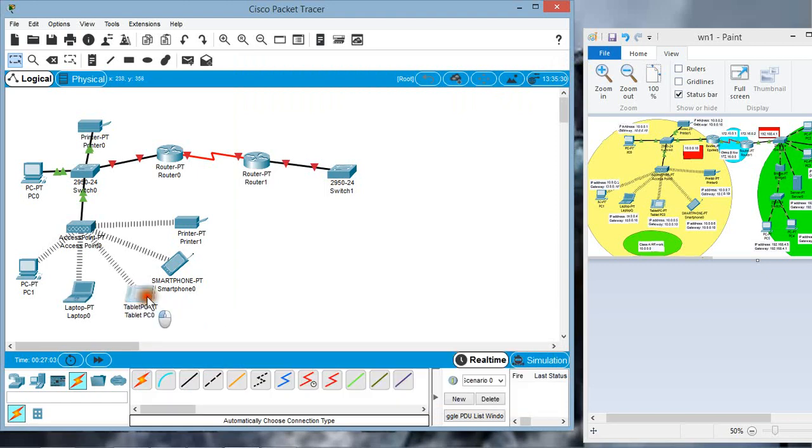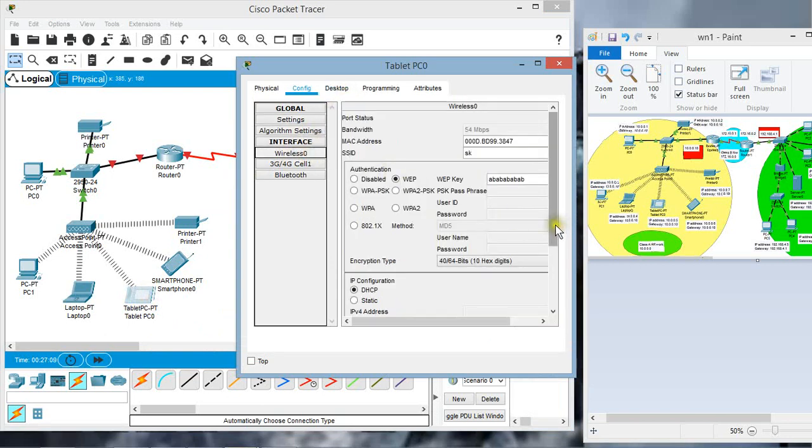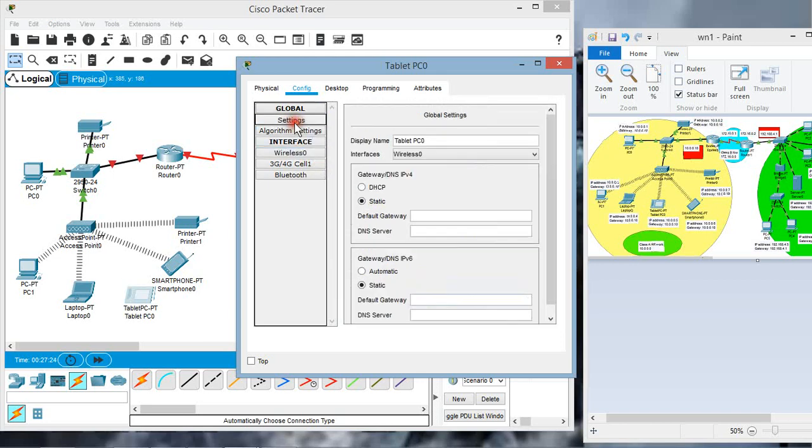Then on the tablet PC we need to set the IP address on the wireless 0 interface using the static configuration. In this we'll set the IP address as 10.0.0.7. The mask will be by default 1 octet high and the remaining 3 octets low for a class A IP address. From global settings we'll set the gateway as 10.0.0.10.